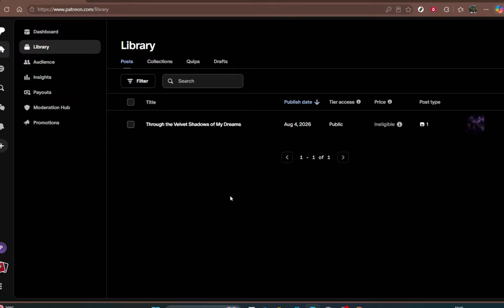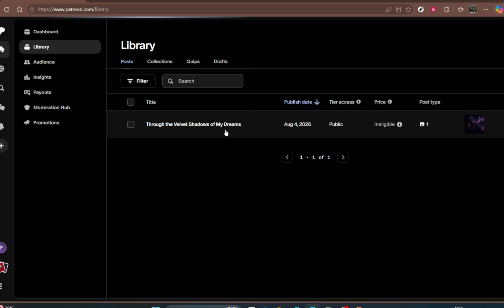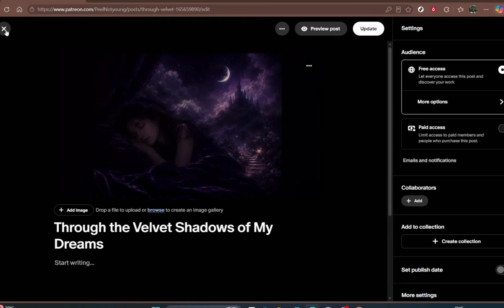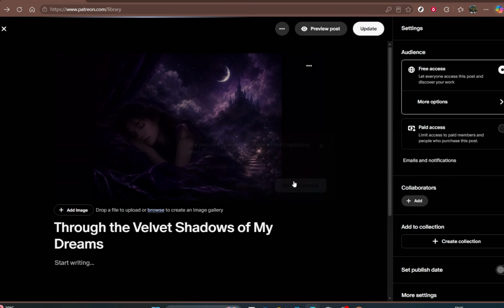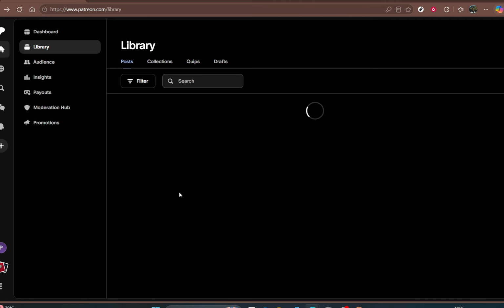After that, click on Library. This will take you to the section where your published posts are stored. Think of the library as the place where you can review everything you've already shared with your audience. Opening this tab makes it much easier to manage older content, especially if you post regularly and have a larger